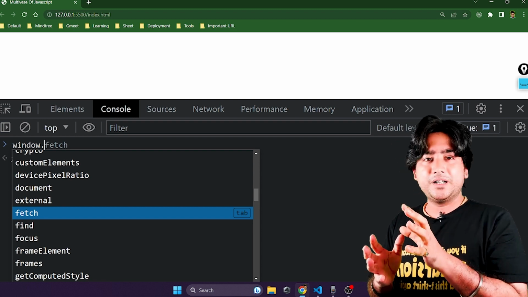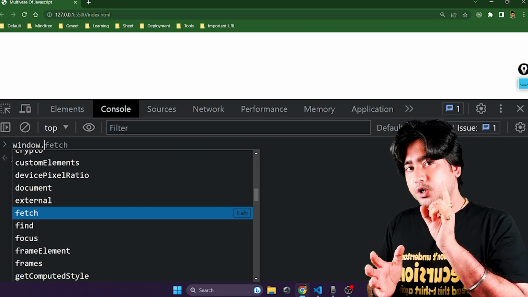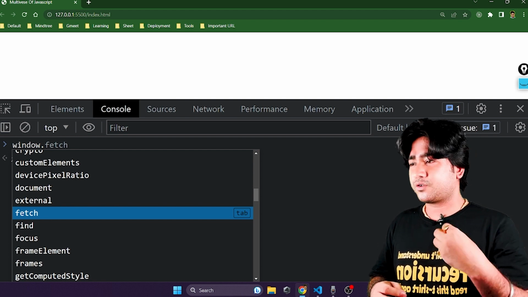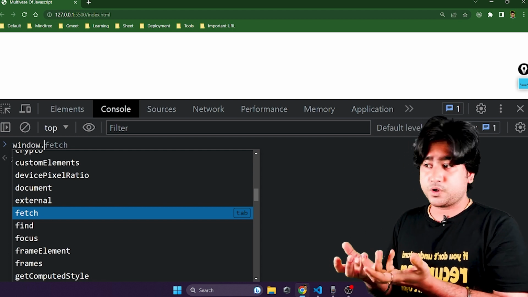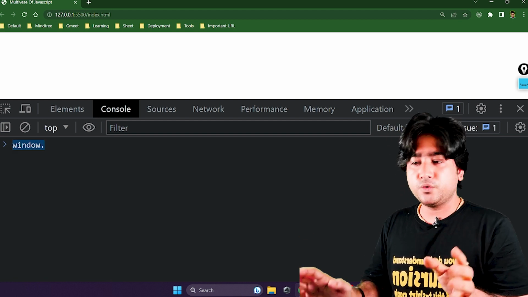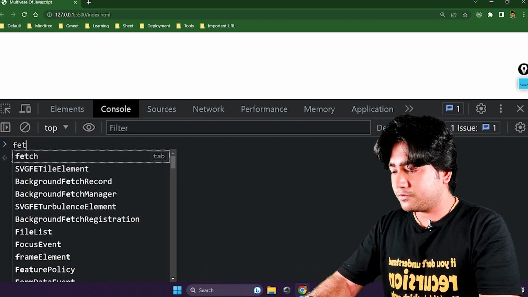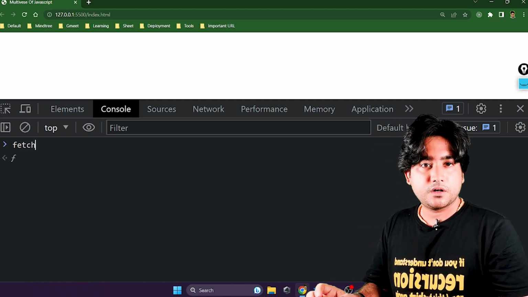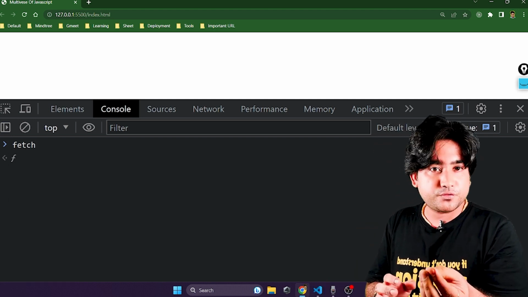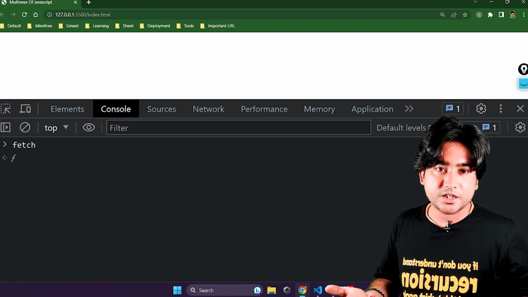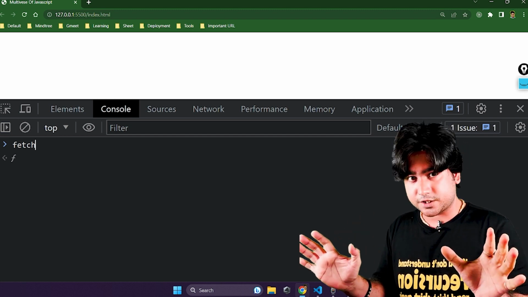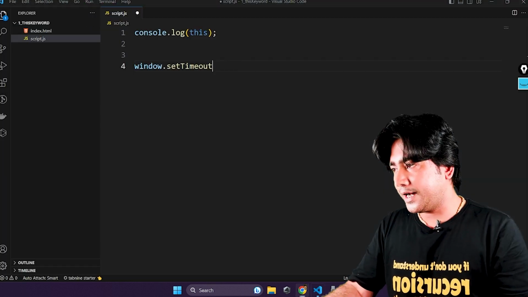See, all pre-built functions are part of this window object and we can write window.location, window.fetch, window.document, anything we want. But usually if we want to access fetch, we just write the fetch function. If you want to use the setTimeout function, we write setTimeout and use that function. We don't need to write window dot as it is a global function. One more thing is that